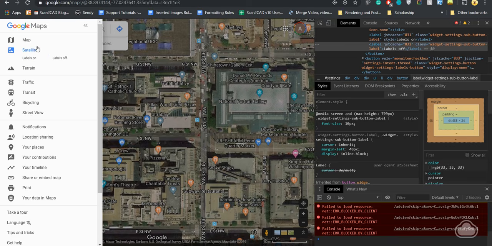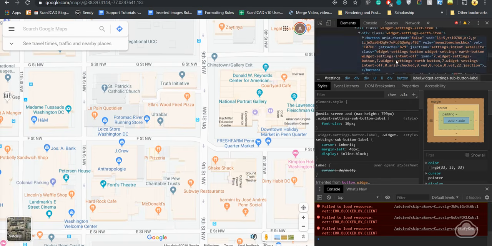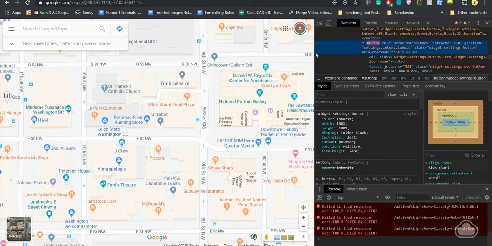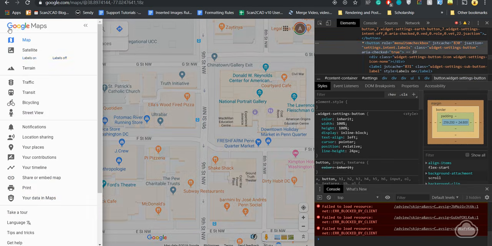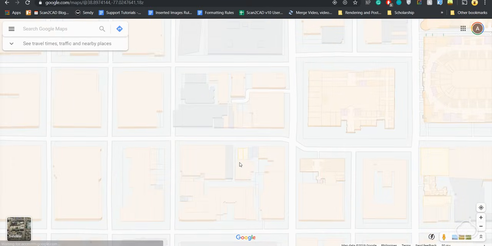Now the next thing, go to map view, and if you scroll up here, you're going to see something on this. It says style display none. You're going to want to delete that as well. Press enter. Then now when you press on this button here, you can click on labels off, and it takes away the labels here in map mode. In classic Google Maps, I think there's a way to do that easily, but right now there really isn't a way to do it easily here on the new Google Maps web version,